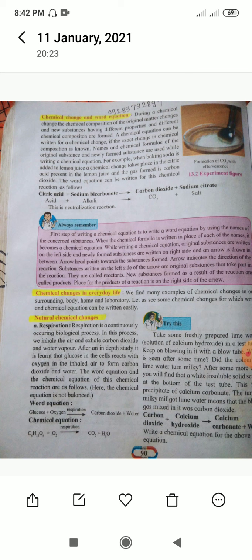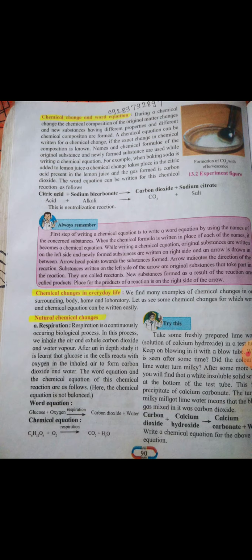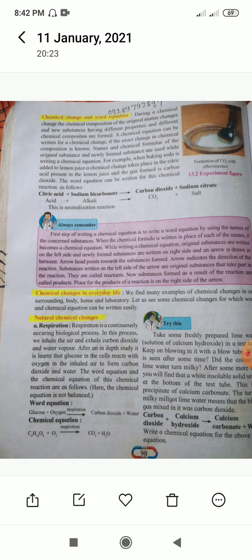Then original substances are written on the left side and newly formed substances are written on the right. And an arrow is drawn in between. There are two substances present in a word equation: original substance and newly formed substance. The original substance is written on the left side of the equation,